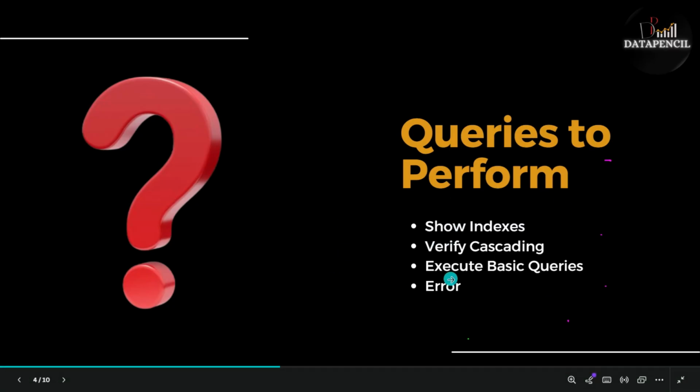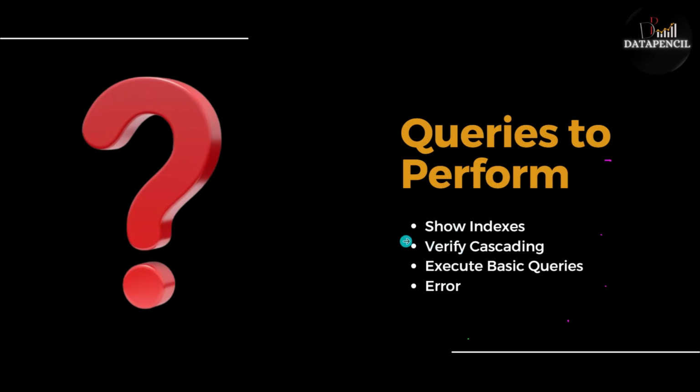सो हम यहाँ पे कौन कौन सी क्वेरी परफॉर्म करेंगे। सो फर्स्टली वी विल सी, हमने वहां पे ये देखा था कि जो ये प्राइमरी कीज होती है ये ऑटोमेटिक एक इंडेक्स क्रिएट कर देती है। सो हम इसको क्रॉस चेक करेंगे कि क्या वो इंडेक्सेस क्रिएट होती हैं, अगर होती हैं तो क्या फॉर्मेट होता है, कैसे इंडेक्स क्रिएट होती है। इट इज अ वेरी इंटरेस्टिंग थिंग गाइस। सो इसको अभी हम चेक करेंगे।